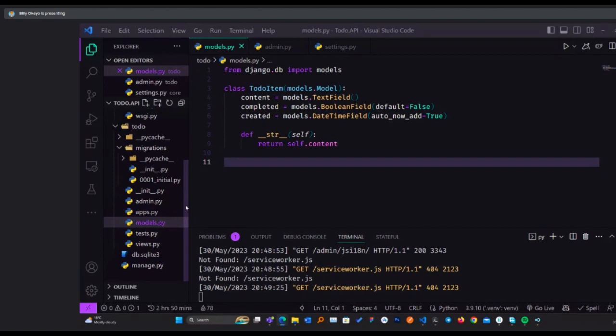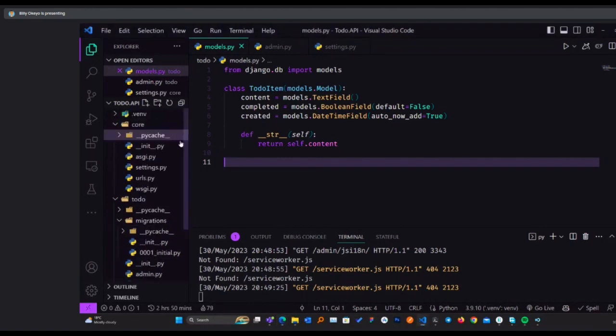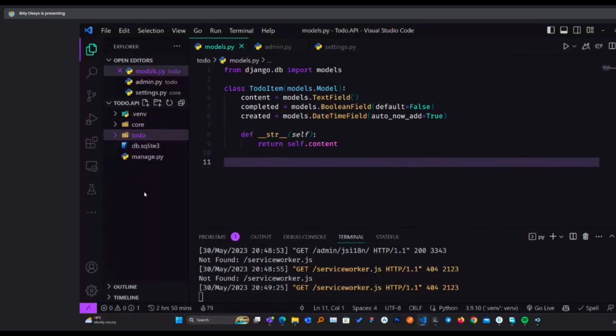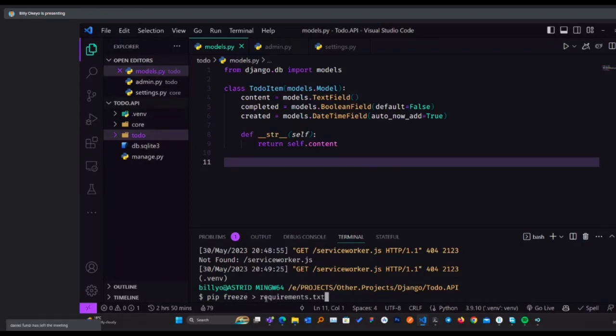Yeah, I think I've understood the question. For those who've interacted with npm and such, pip works the same way. In our case, what I've installed in my virtual environment is Django and Django REST framework. If I want to share this project with another person, I'll write pip freeze, the greater than sign, then requirements.txt, which is the file I want to save.